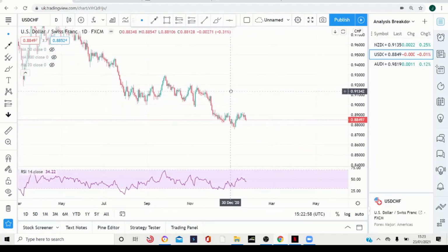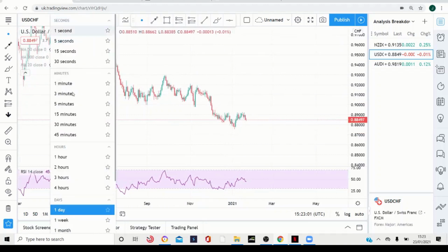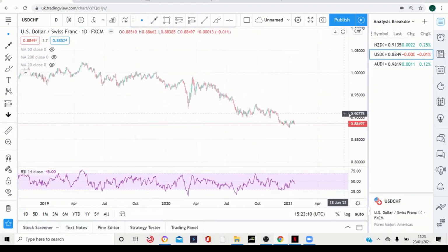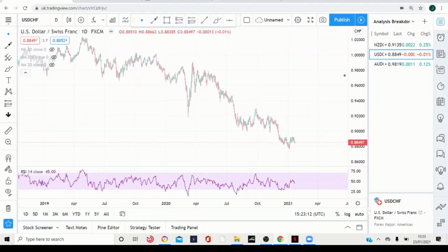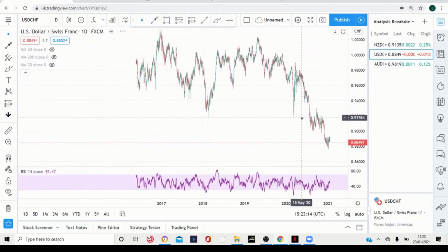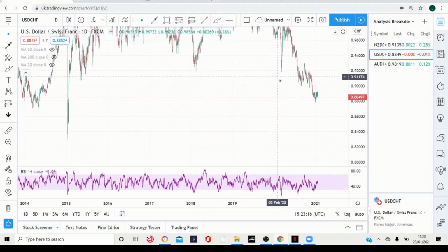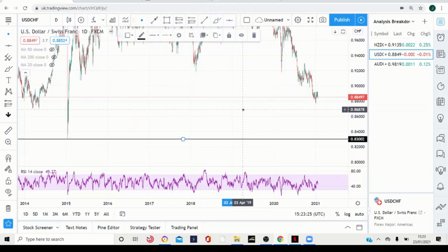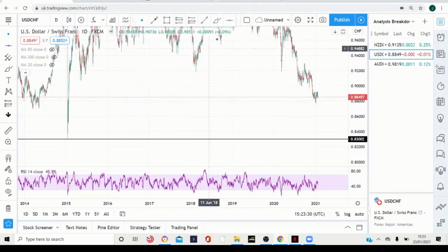Then again we have the US dollar against the Swiss franc. So let me take you back down to the lower time frame. First of all, we're going to look at the daily to see what the market is doing. As you guys can see, the market is strongly selling off at the moment, and we have still further support where the market can drop down to that key level, but at the moment we are just sitting on a strong level of support from previous